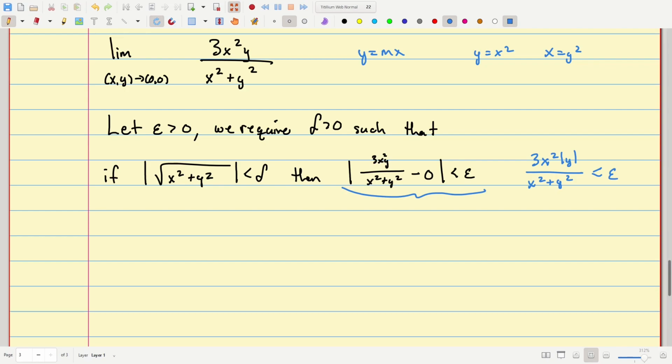Okay. And x squared has to be less than or equal to x squared plus y squared, because x squared plus y squared is a non-negative value, right? And because this is true, it has to be the case that it's less than 1,